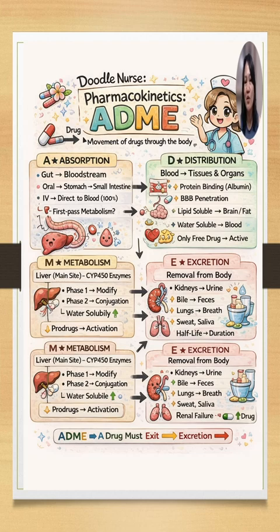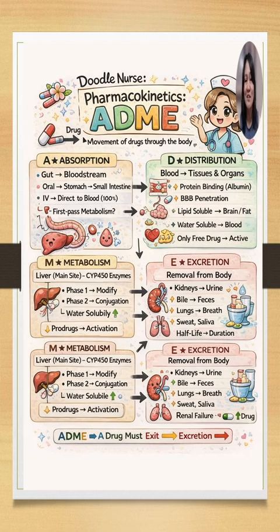For example, oral medications are absorbed through the stomach and small intestine, while intravenous or IV drugs go directly into the bloodstream with 100% bioavailability. One concept here is first pass metabolism, which means that the drugs are partially metabolized in the liver before reaching the systemic circulation. Next is distribution, which is how the drug travels from the bloodstream to the tissues and